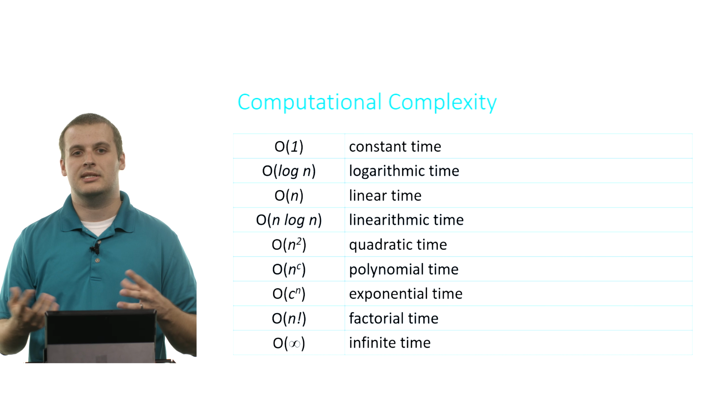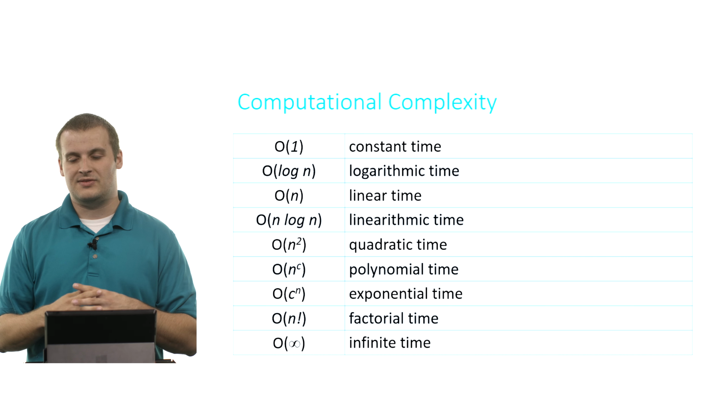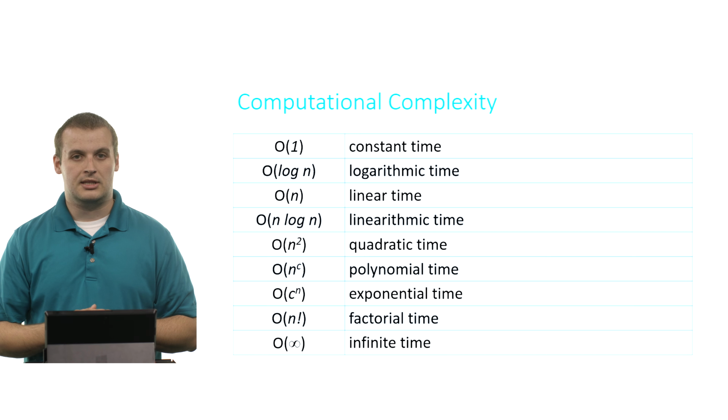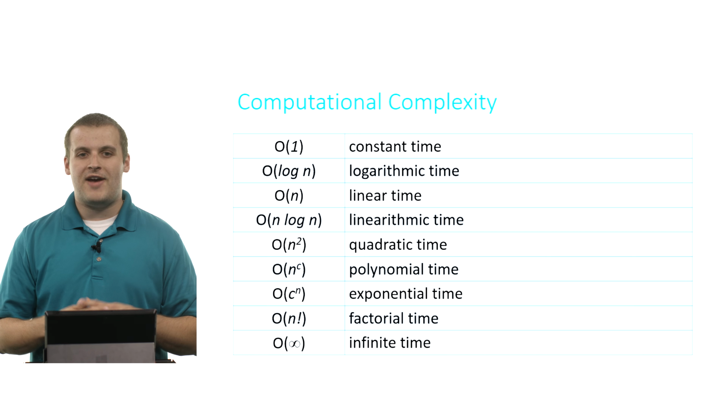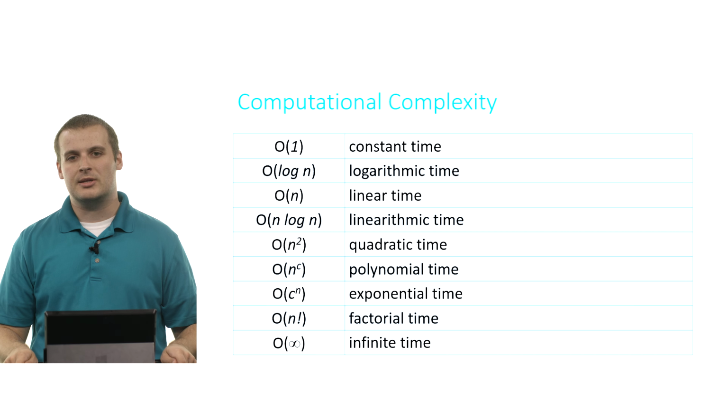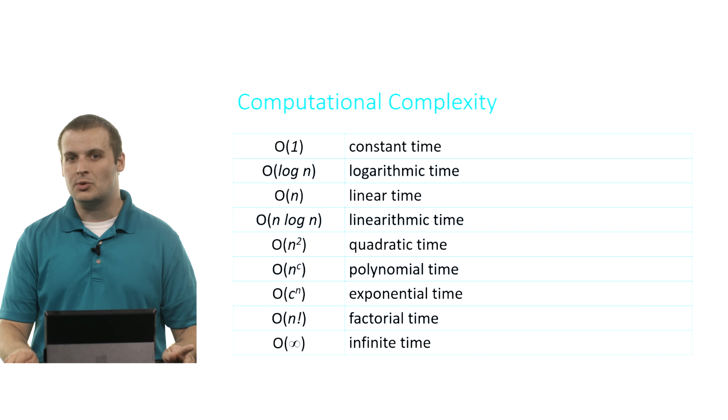So if the data input is of size 1,000, it would take c to the 1,000th power. That's a lot worse than polynomial time. Factorial time is even worse, and in fact there really do exist infinite time algorithms, such as so-called stupid sort,